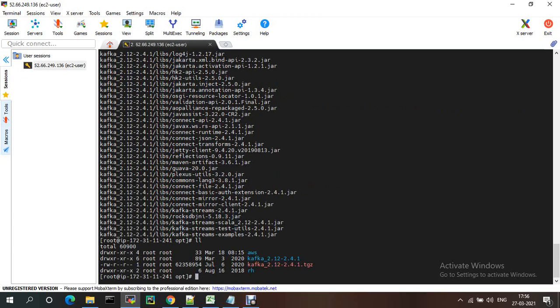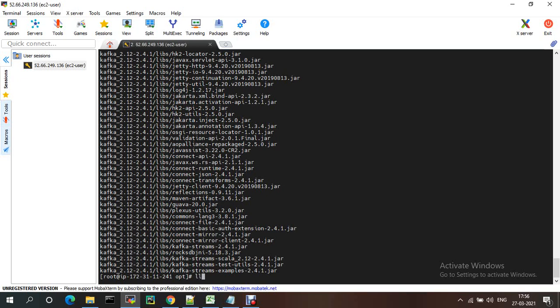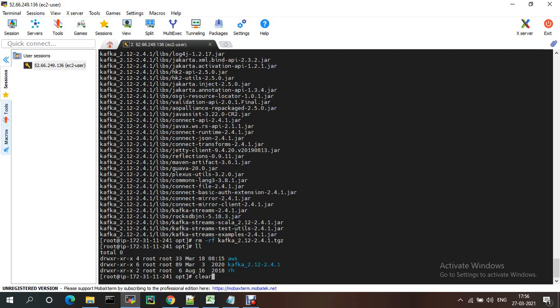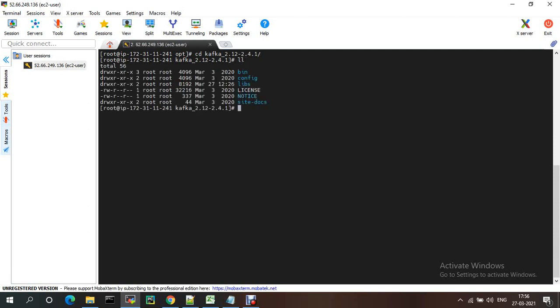I am removing this tar file. Now if you go inside Kafka, this is the Kafka 2.4 version. Here we have bin and config. By default, Kafka comes with Zookeeper.